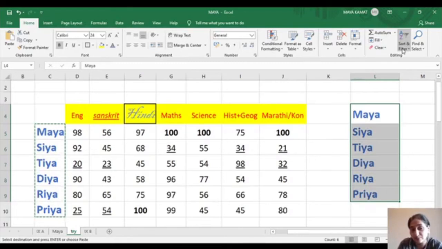So if I apply sort, the names would reorder as per the sort, whether ascending or descending, and definitely it is going to change. So the marks that I got will go to somebody else, and somebody else's marks will come to me. So the sort example cannot be applied to this marks scenario.